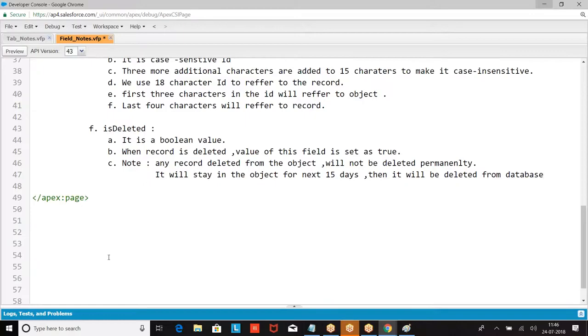Come back to the object means what? IsDeleted equal to false. I can use it in operations. So how long will it be? 15 days. After 15 days, the record will be deleted permanently. I hope you are clear. When you delete the record, the value of IsDeleted is kept as true. When you undelete, the value is kept as false.